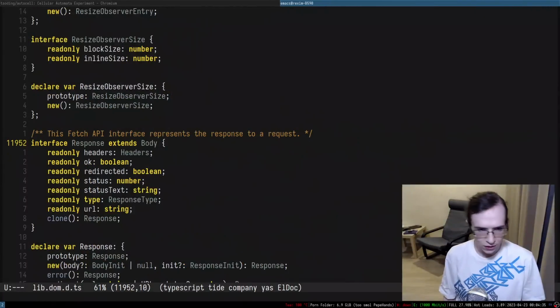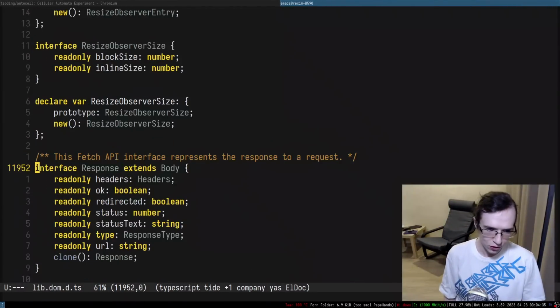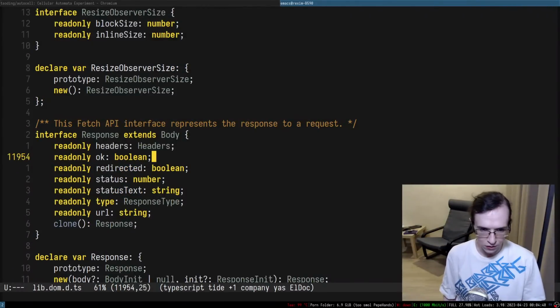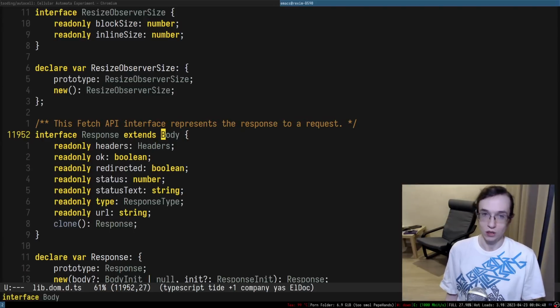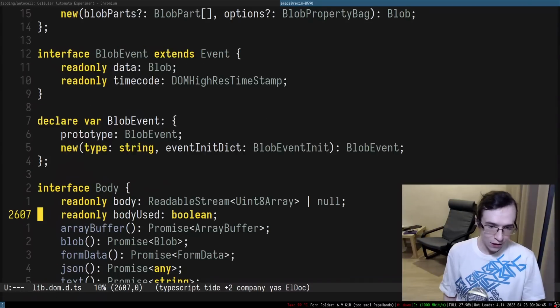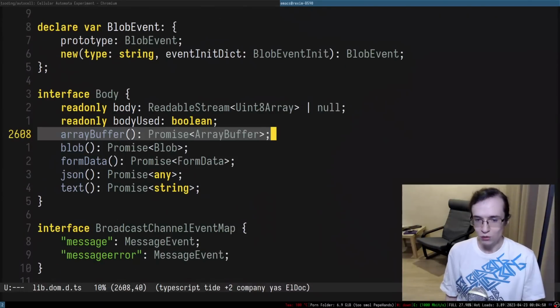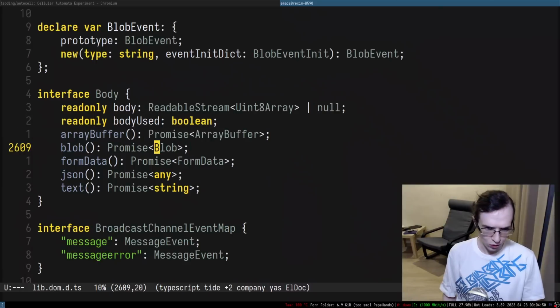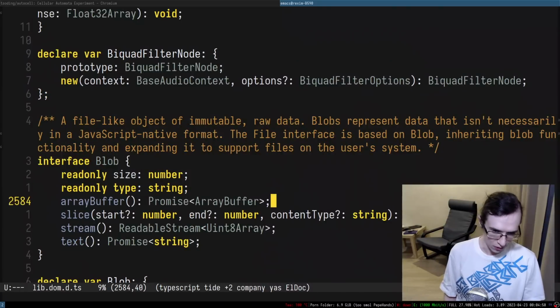We can take a look at what the response is capable of. It's just like an interface. It has headers, some status and stuff like that, but most importantly, it extends a body. If we take a look at what body has, it has a lot of interesting things. For example, array buffer, and blob and stuff like that, which allows you to get the stream of